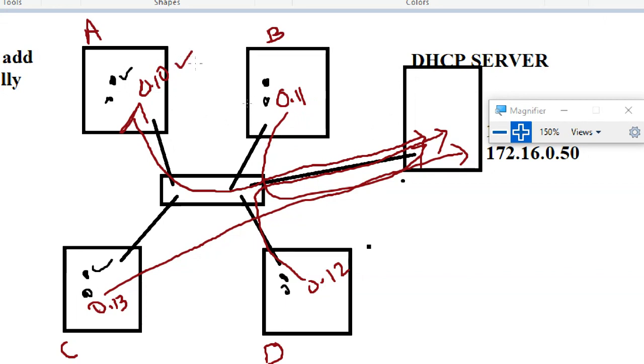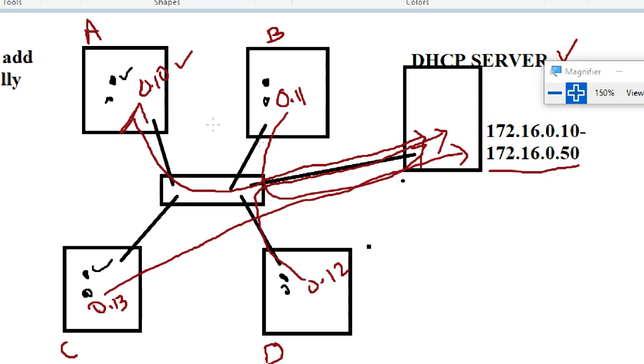Generally, dynamic means I started PC A and then B, D, C. So each PC gets assigned an IP address by your DHCP server. Here the network range depends upon your DHCP server only, not upon your client. The server will assign the IP address to you.